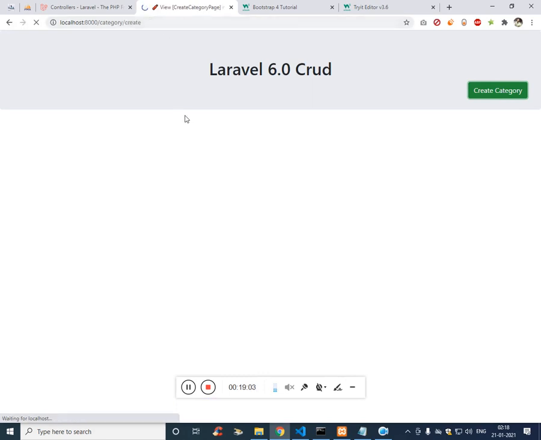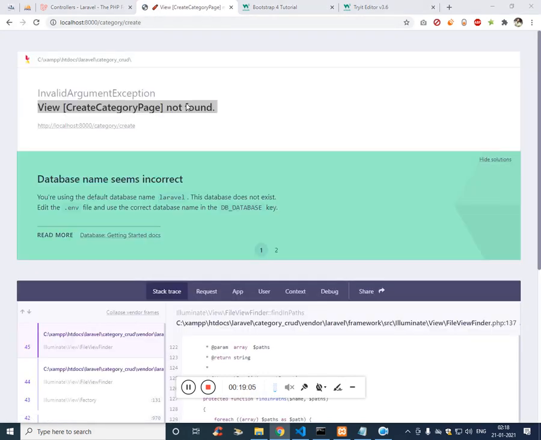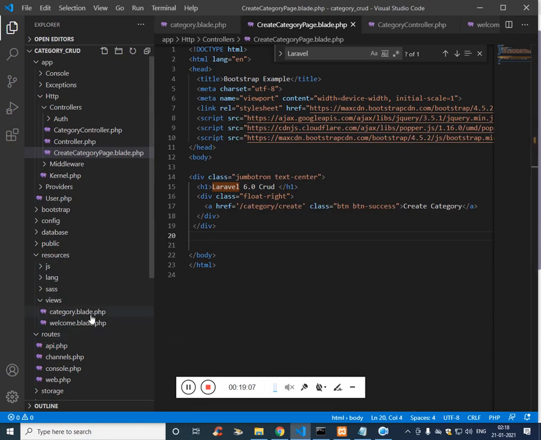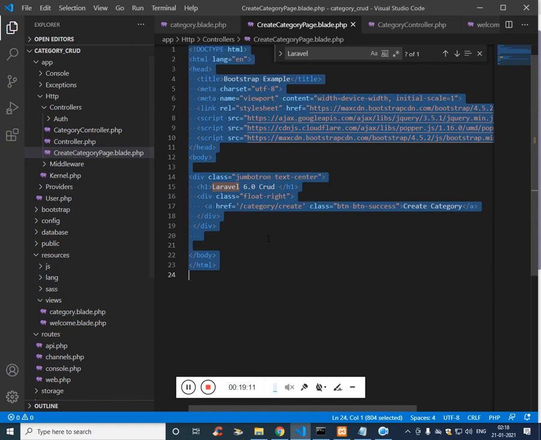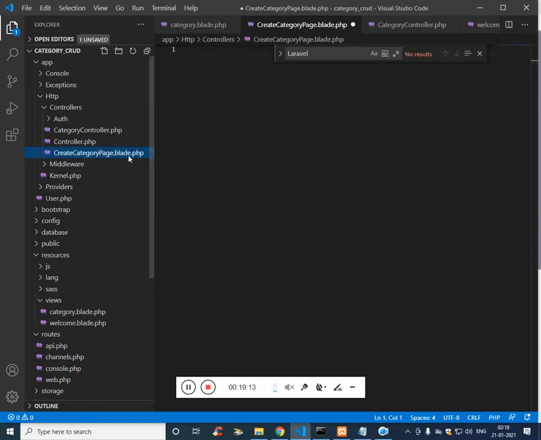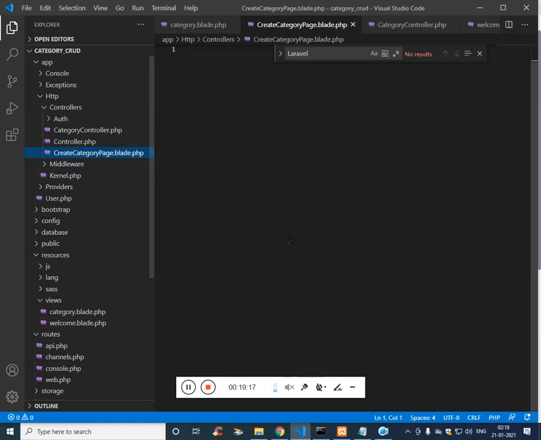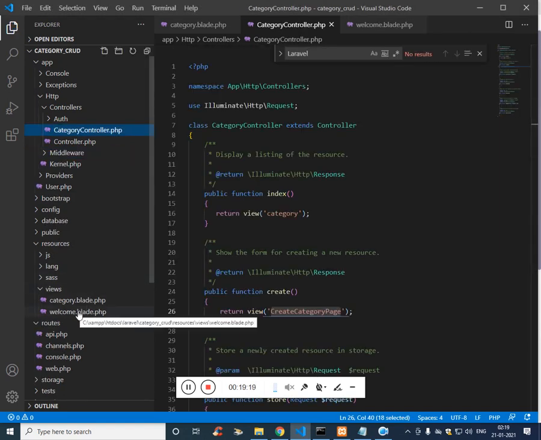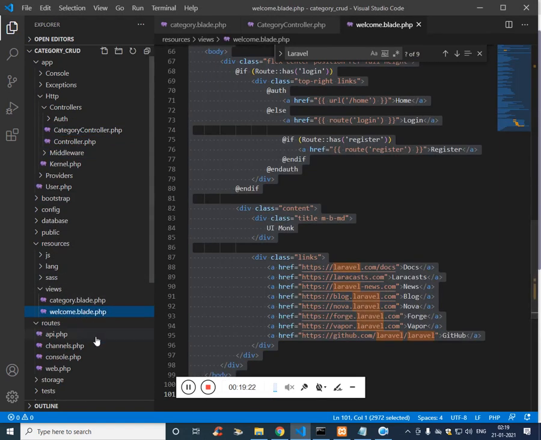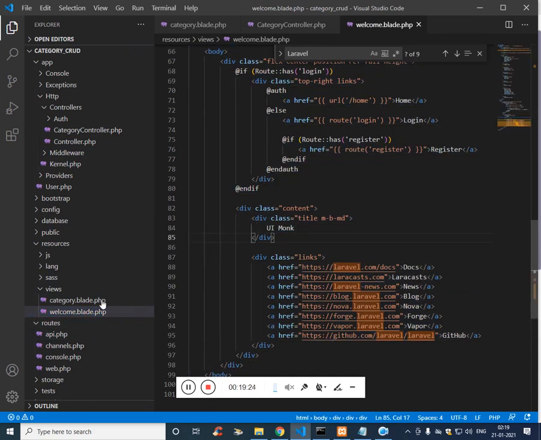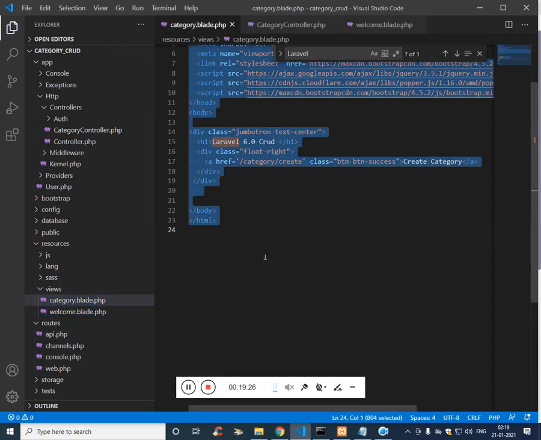It is loading and again it's an error. View is not found. Oh, I'm sorry, it is again saving it over here. Saved it over here. Delete, move to bin. Welcome, don't need welcome. Control and paste.